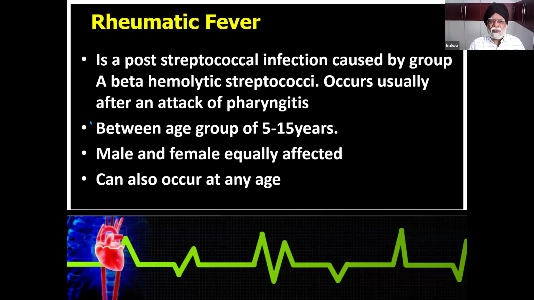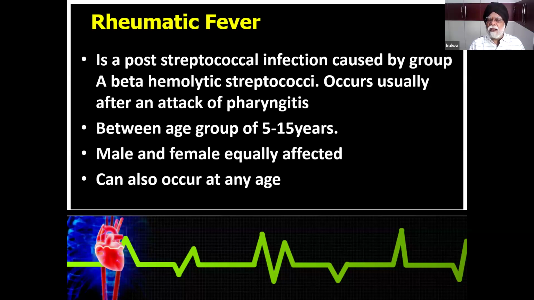It occurs usually after an attack of pharyngitis. You will be getting so many cases where the child is getting regular pharyngitis. The mother or parent will come and explain that this child is getting recurrent throat infections. We give an antibiotic, the child gets better. Then again, after a few weeks, he gets a throat infection. We again repeat the same process, and gradually the child develops the complications of strep throat. These are the post-streptococcal infection complications. If it is a case of rheumatic fever, and if the child is not treated properly,